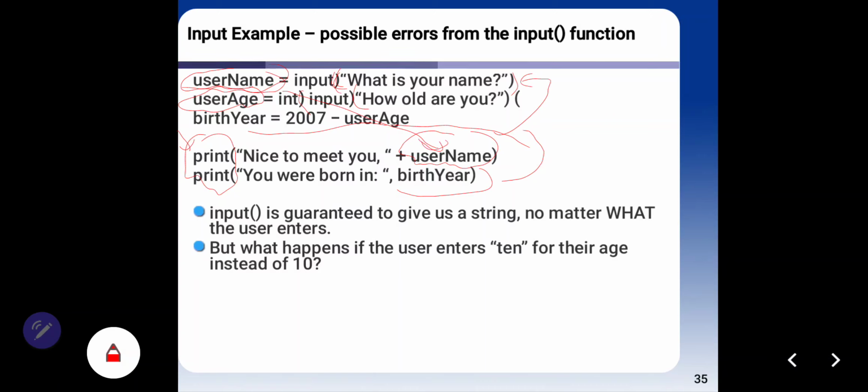And user age int, it means integer, input how old are you, and we hope your user gives their age in an integer data type.